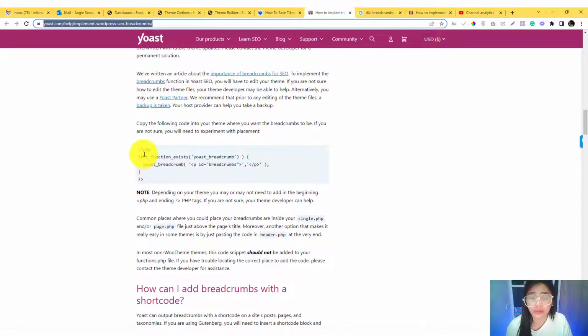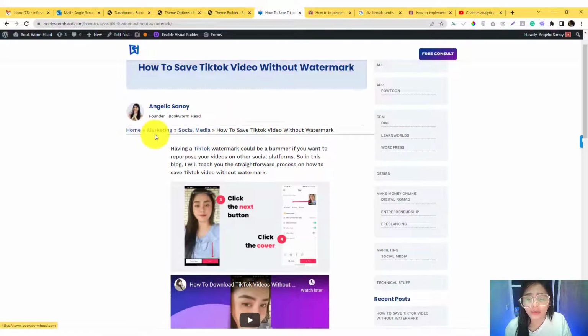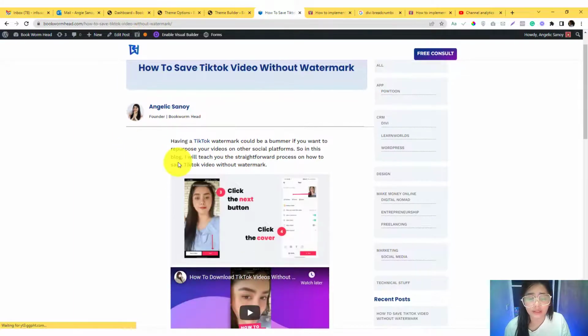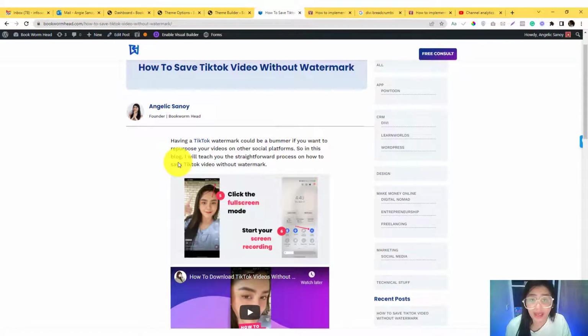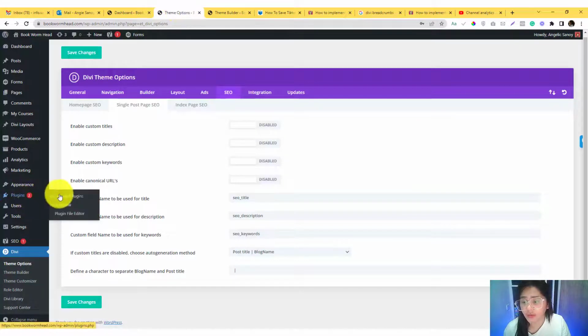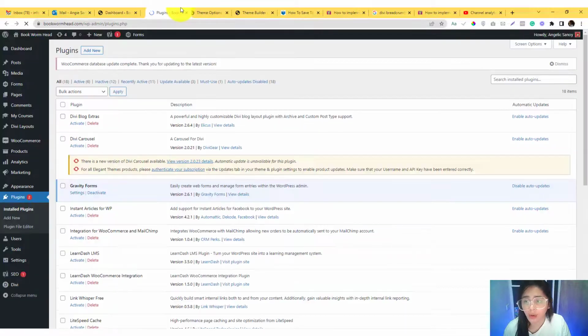So I will explain this with you in this tutorial. So if I refresh this one, I already removed the breadcrumbs, but I'll add it back later. So how can you put breadcrumbs into your post? Then you need to install a plugin called